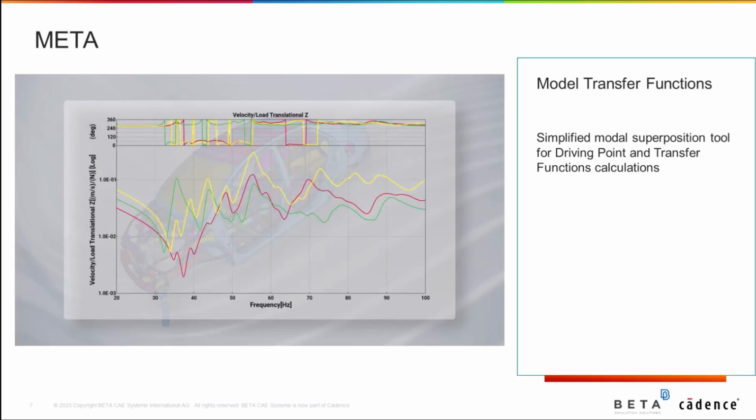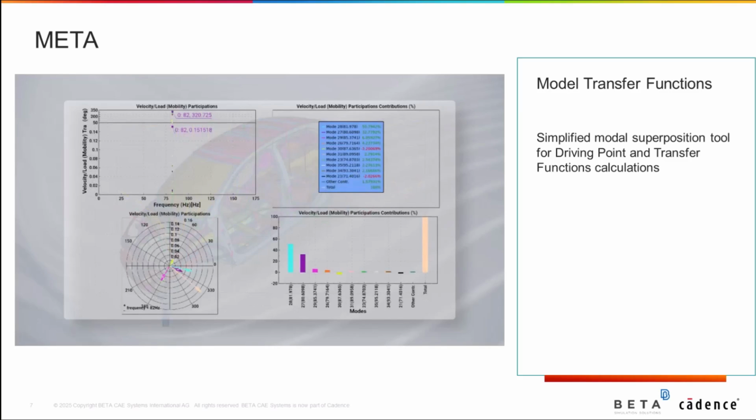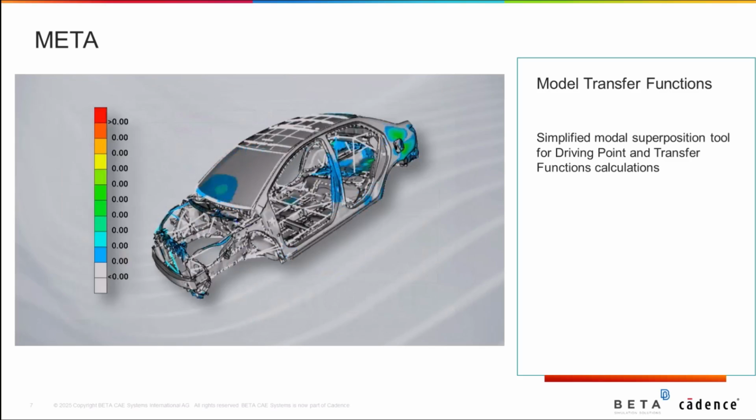If a model is loaded along with its mode results, it is possible to select a node and calculate the point mobility of this node, having predefined the degrees of freedom and default values for damping. It is also possible to select a second node, and the transfer function between the first and second node can be calculated. It is now possible to calculate on-demand diagnostic results, participations, animations, during NVH calculations from modal response. Calculations are applied directly to the loaded model.